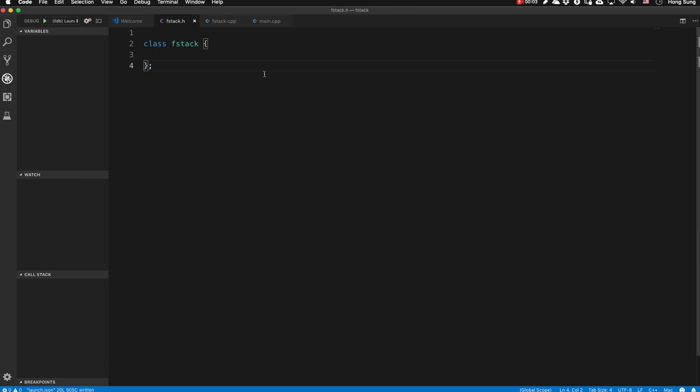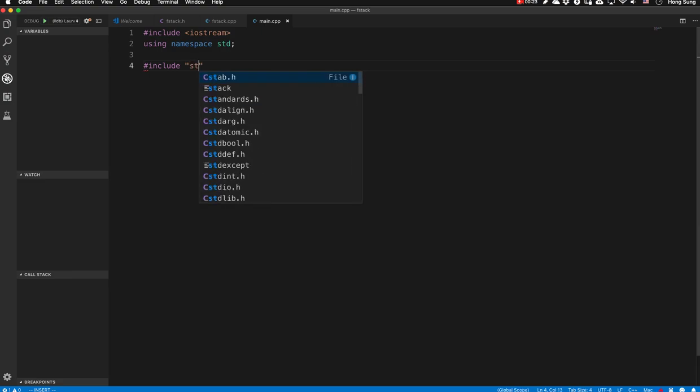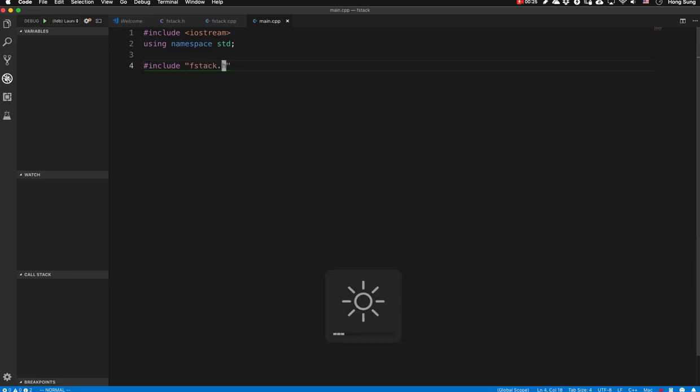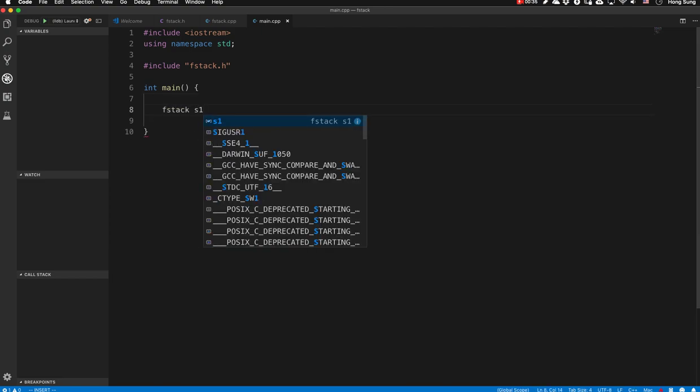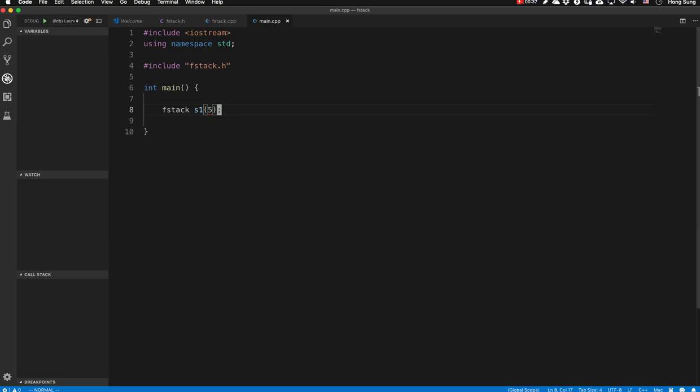Let's consider how we may implement the finite stack based on the array. In the main application code, it should be something like this. Let me include an iostream just in case we use cout. Then here we are going to use the fstack class, and in main we are going to create the fstack object named S1 by providing the size of the array